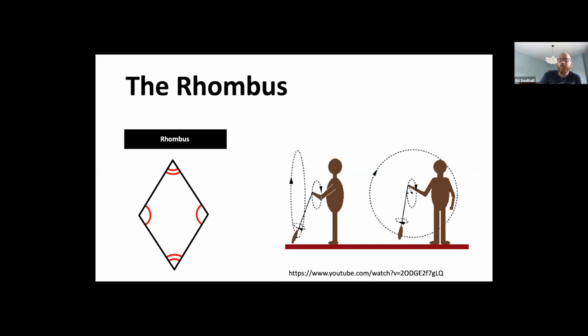If you want to search for it on YouTube, it's called a bull ringer in more modern terminology. And the Aborigines still use these. So there is video footage on YouTube of people using these kinds of instruments. And the story is that the Greeks in particular, their bull ringers, if you like, were shaped in the same shape as what we call the rhombus. So they called it the rhombus.